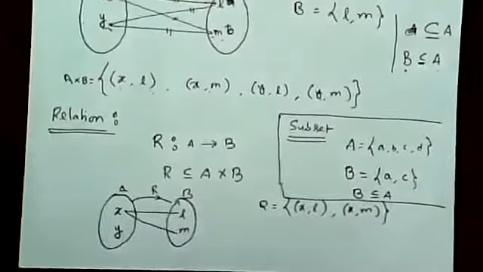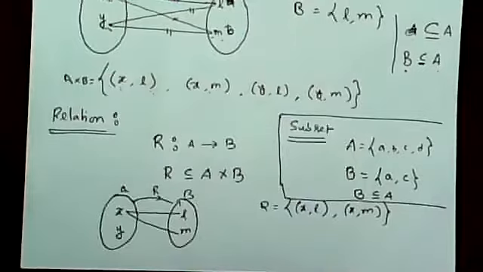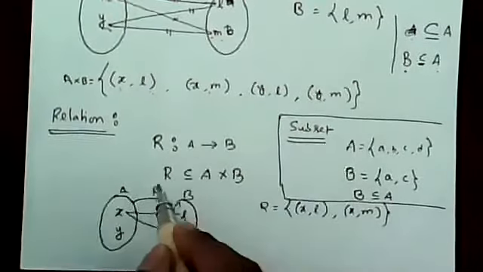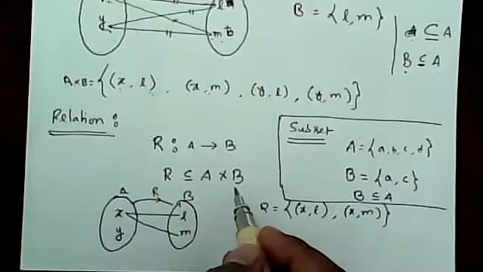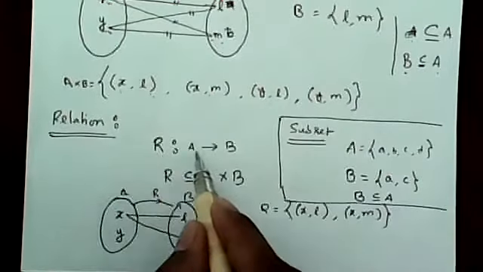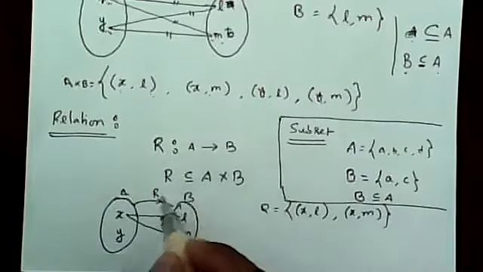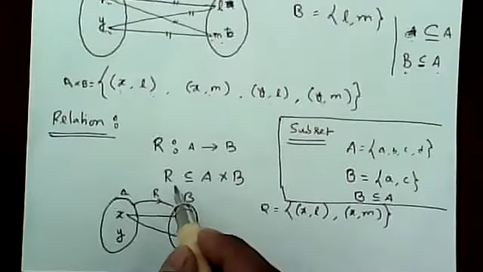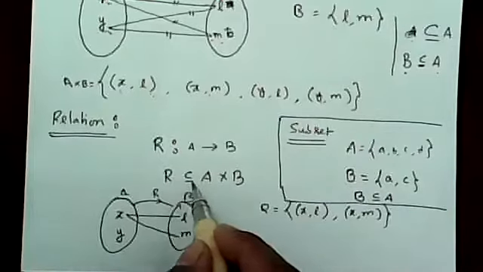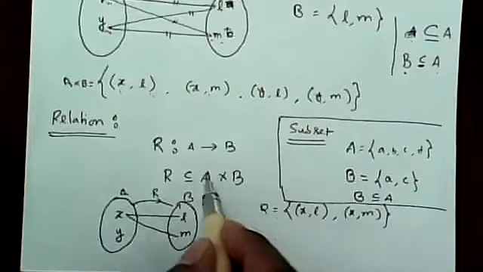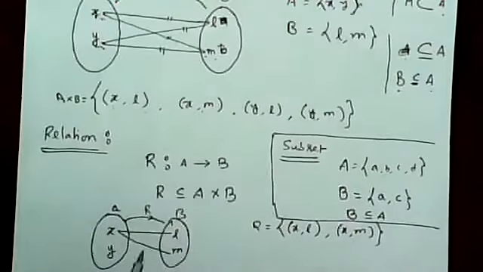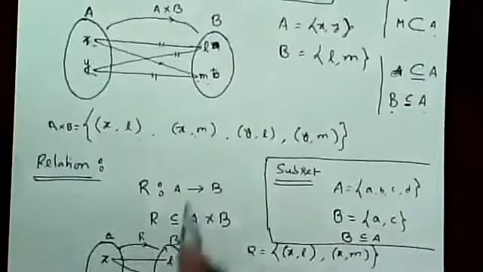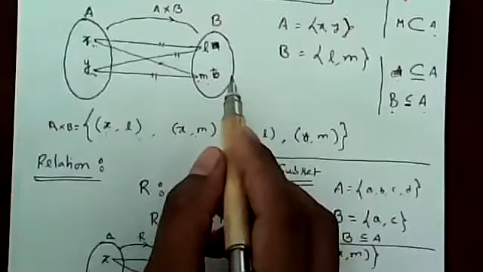Someone said in the last class, and yes, he was correct, that a relation is nothing but a subset of the Cartesian product of two sets. So if we are defining a relation from A to B, mathematically it can be defined as R a subset of A cross B. Then we can say that R is a relation from A to B. Technically, it is the same thing, but with some restriction.